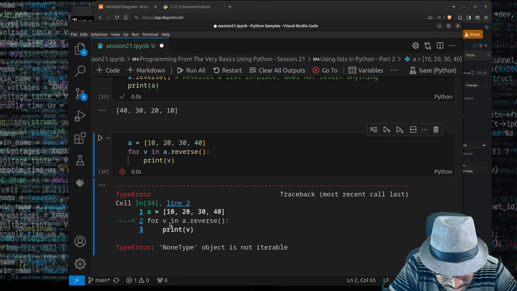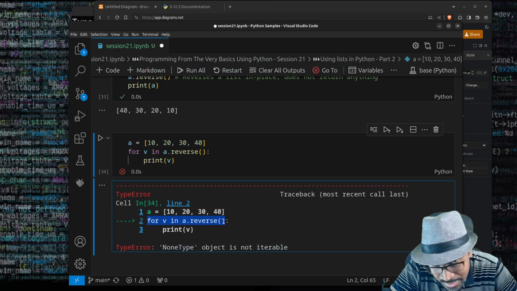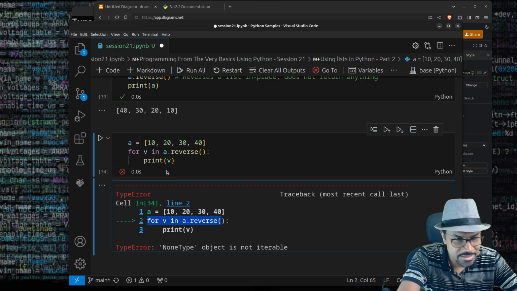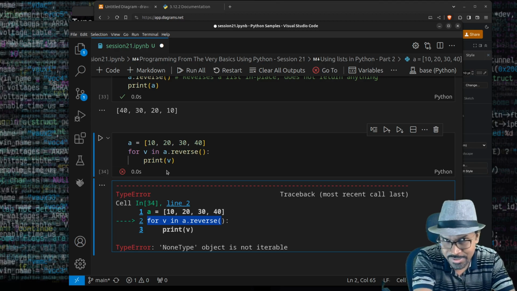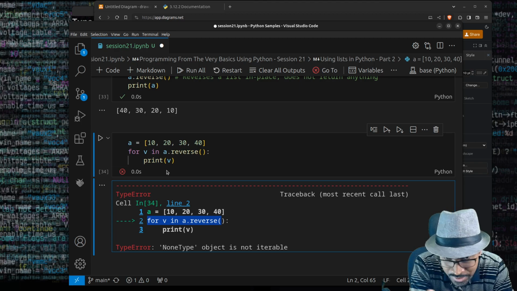And the error says, type error, none type object is not iterable in this line. What does that mean? A dot reverse returns none. It's a function that doesn't return anything. I mean, it's a method that doesn't return anything. And when you use that in the right hand side expression, you get none. You cannot iterate over none. The for loop expected an iterator, but it got a none object,